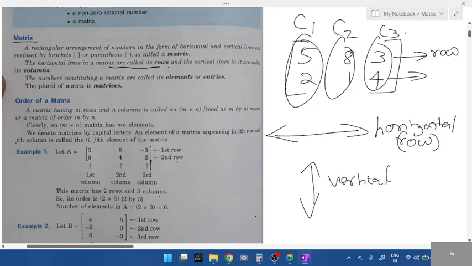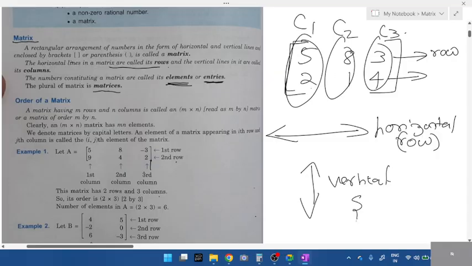Next, elements. What do you call elements or entries? In a matrix 5 to 8 1, when bracket is not given, these are normal numbers, students. Normal numbers. Inside the bracket, when you write these numbers, we call them as elements. Elements or entries. The plural form of matrix. Plural is many. We call matrices. So singular form is matrix, plural form is matrices. And whatever numbers are present inside, sometimes it can be numbers, sometimes it can be alphabet. Those are known as elements.